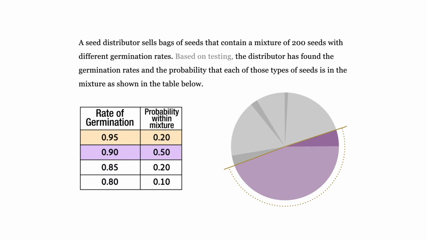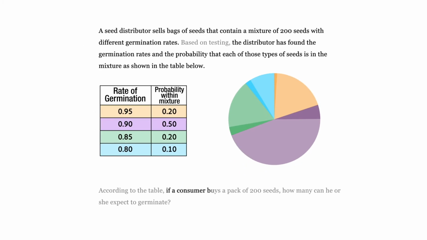That means half the seeds in the bag are this type, and 90% of that half go on to germinate. 20% of the seeds in the bag are this type, and 85% of those seeds germinate. 10% of the seeds in the bag are of this type, and 80% of those germinate, and so on. So if a consumer, that's you, buys a pack of 200 seeds, how many can he or she expect to